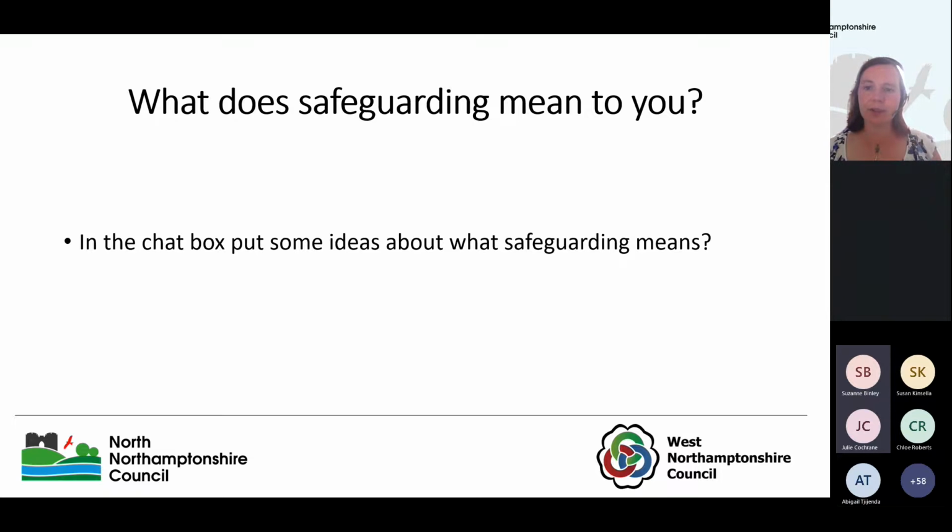It should happen in schools and hospitals. That it promotes well-being and human rights of individuals. Absolutely. Obviously, we've got the Human Rights Act as well, but safeguarding runs alongside that. Quite a lot of you have used the term protection in there. So obviously before we had safeguarding, we used to talk about the protection